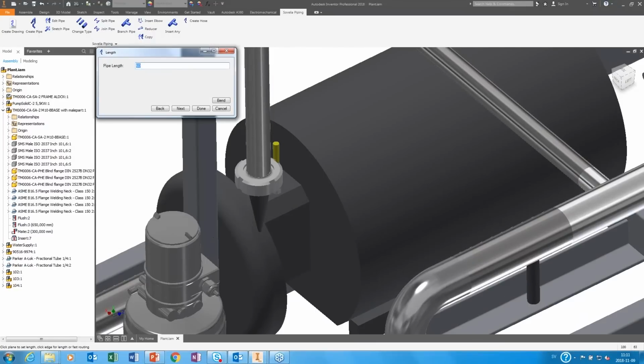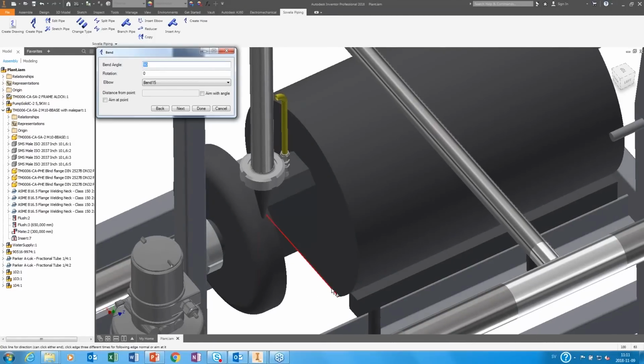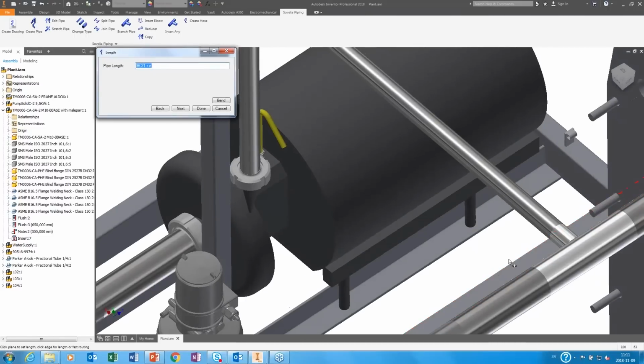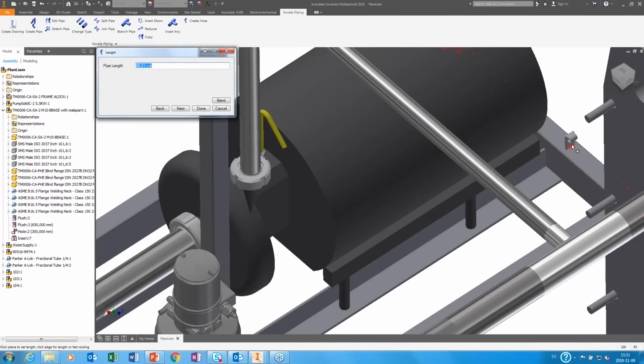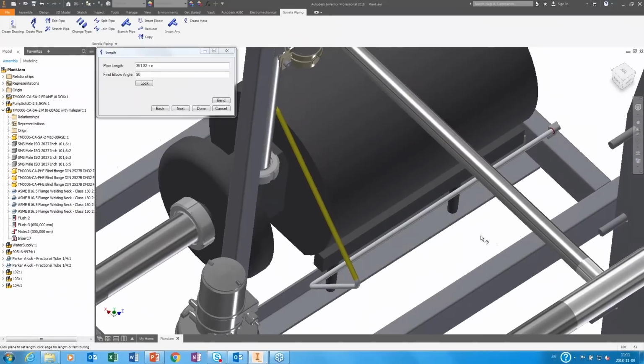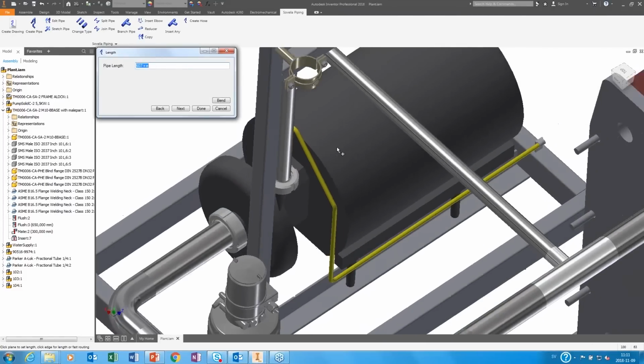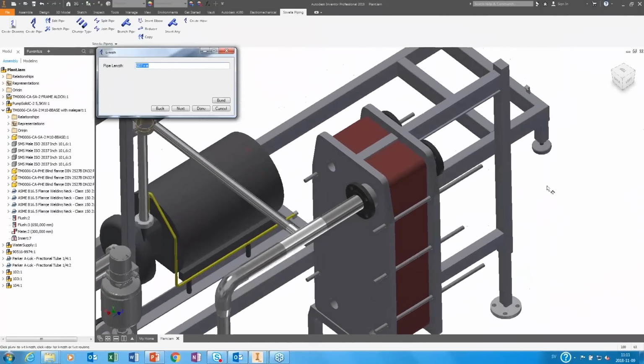So I start from there. I want to go 150, for instance. I want to go in this direction, but this time I want to go 135. And now I could walk many ways, but this time I want to go through this pipe holder. So I click on that one, and it always suggests 90 degrees, but more suitable would be 45 in this case, because of the other one. So if I like that, I just lock, so I can continue to draw my water pipe